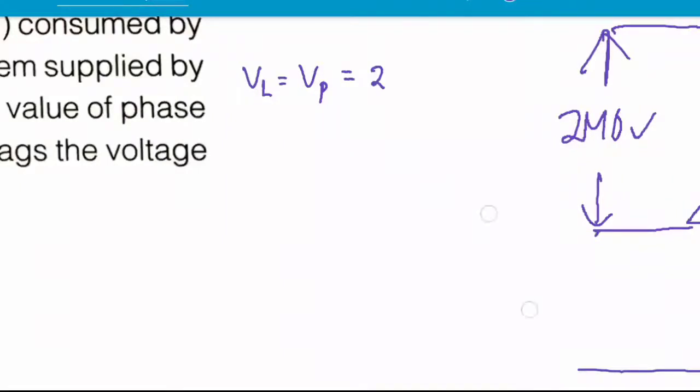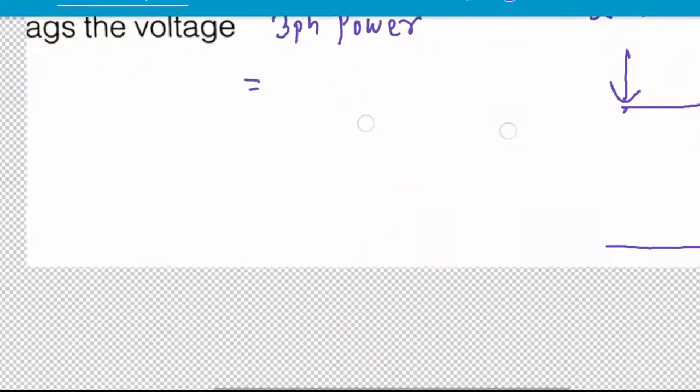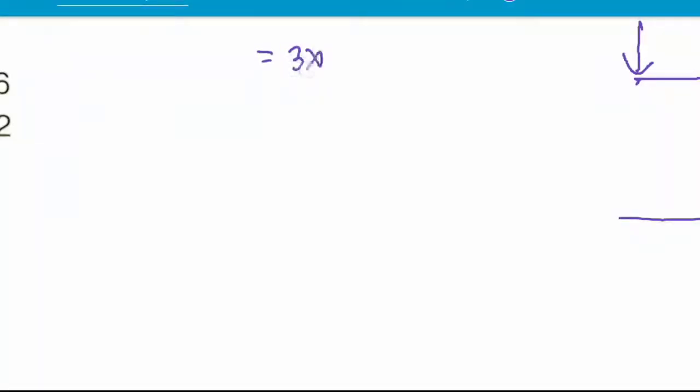So this is 240 volt, and three phase power is given by 3 into single phase power,